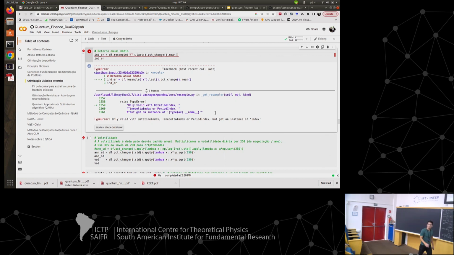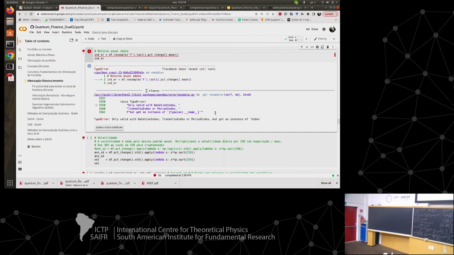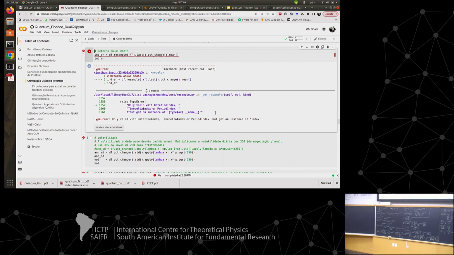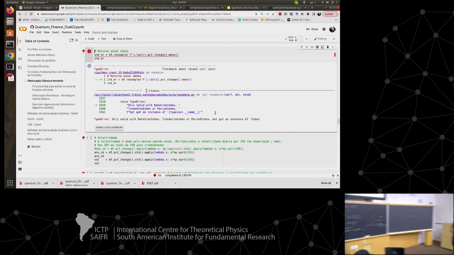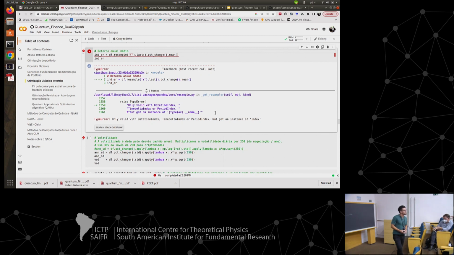Another question. I have a question. At the end, you showed that you want to find the optimal bit string to minimize the problem, where the bit string means: okay, I want to invest in this asset or not. But you say to use some quantum algorithm. So my question is: the function that you want to minimize, do you map it to a spin model or something like that, try to minimize that, and run the state, or do you only expect a quantum algorithm to minimize that classical function?